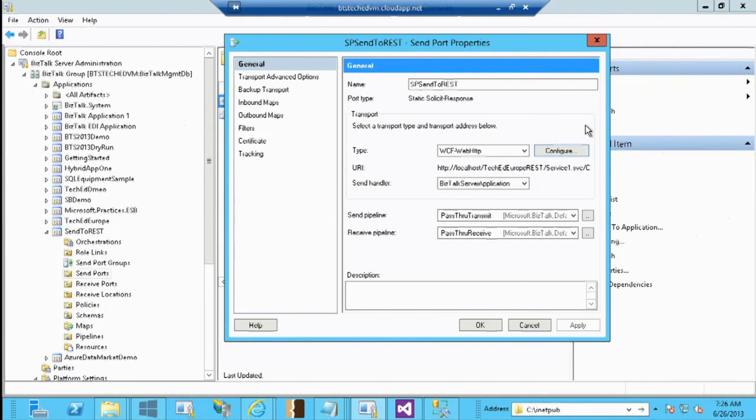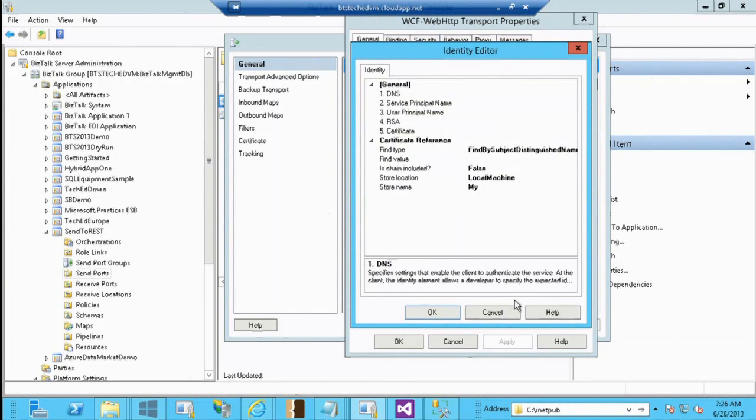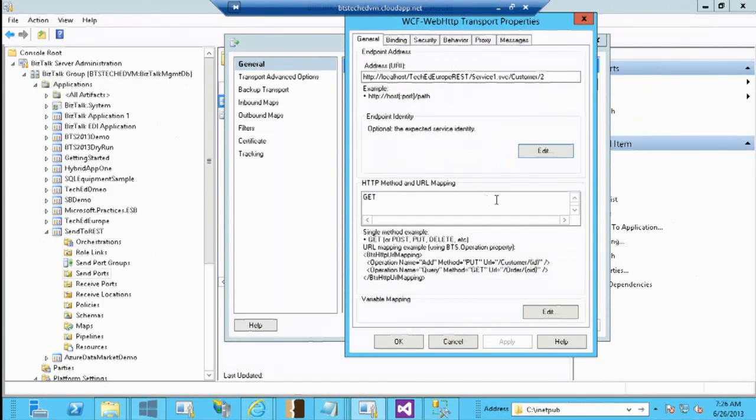Right? So this is possible with a new adapter called Web HTTP adapter, and there is a lot more you can do with that Web HTTP adapter. If you go to that configure, there is something called URL mapping. So that where I just posted it as HTTP, go to the URL mapping. So I can actually post that entire thing, whatever the operation name that I want. So I can say that call this particular operation and pass this specific parameter. I can call that whole thing.